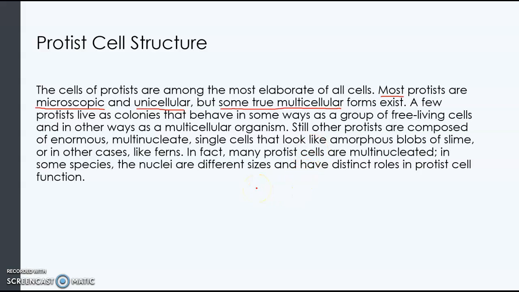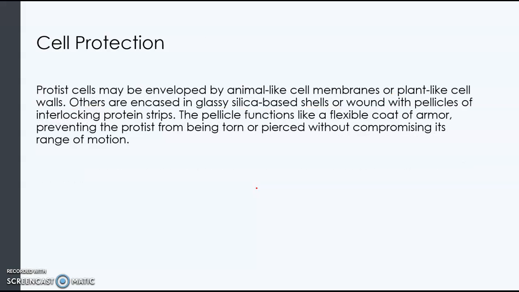Okay, so basically the rest of the slide just talks about how diverse the kingdom Protista is, because basically you're going to end up with organisms that are plant-like, animal-like, or fungus-like. So as far as protection of the cells, they may have a plasma membrane that is similar to an animal. They may have a plasma membrane that is similar to a plant and a cell wall that is similar to a plant. Others can have glassy shells,